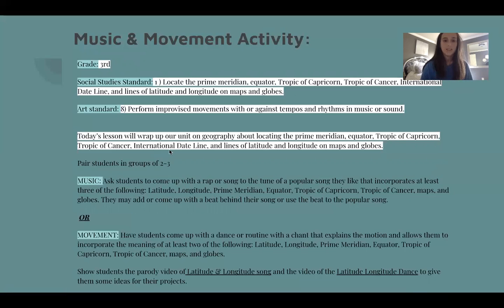So today's lesson would wrap up our unit on geography about locating the prime meridian, equator, Tropic of Capricorn, and Cancer, and all that I just read. So I would pair the students in groups of 2 to 3 because you don't want it to be too big or else it could get kind of chaotic. So I would give the students a choice so they could choose the music one or the movement one, because I know some students like song better and some like the dance part better. So if they chose the music one,